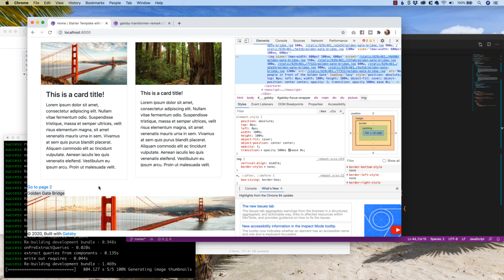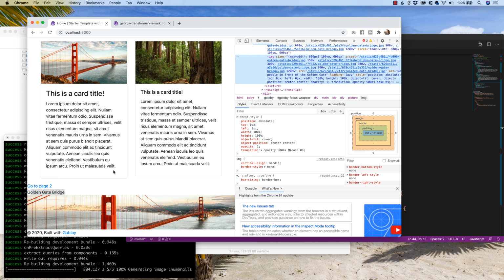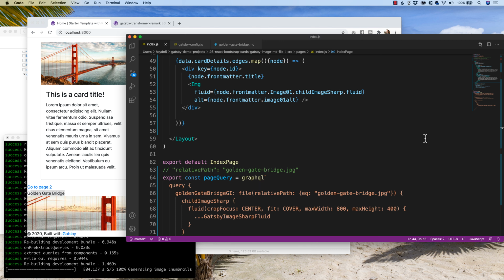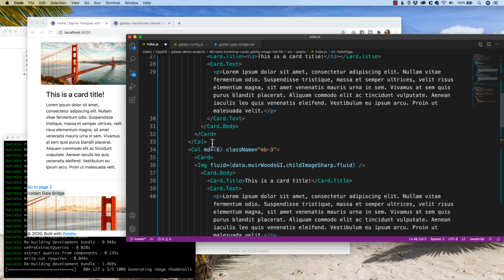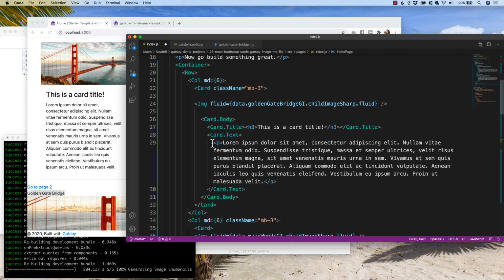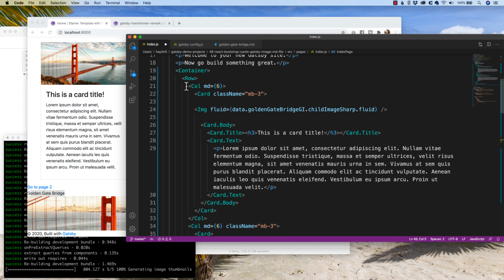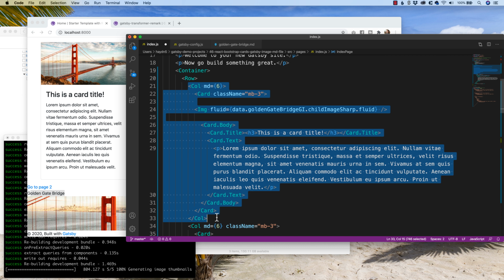So that's great, but what I want to do is get this looking like this above. So what I'll lastly do is bring in the card design, because it's going to map it multiple times. So let's move around some content. Since we know this whole section is working, I'm going to cut this area and bring it up top. Since we can replace the Golden Gate Bridge, let's take that column out. So from column to close column, we don't need this Golden Gate Bridge information any longer because we're mapping it